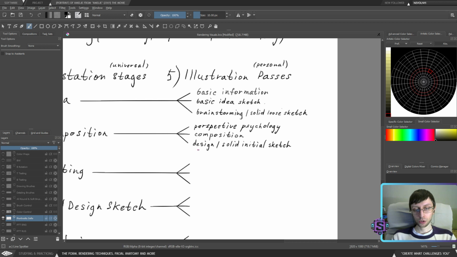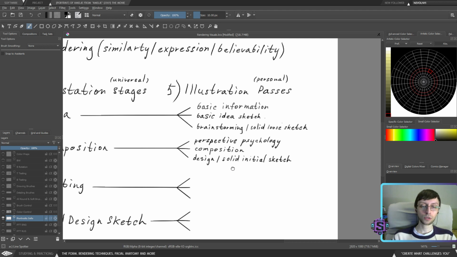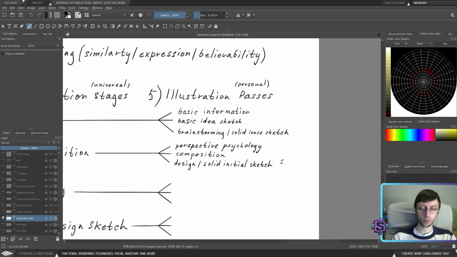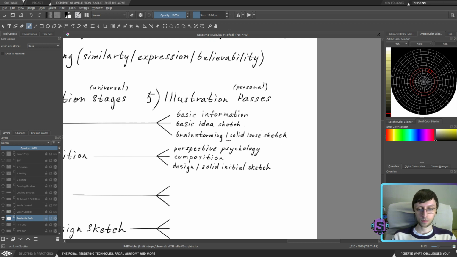Again, you will understand how exactly your initial sketch is going to look based on your actual skills. I will have my own personal understanding where exactly I need to stop working, or what exactly I'm considering as the solid initial sketch. There are personal checkboxes that I need to check before I make sure that I will transition into the next stage. But again, this is exactly what passes mean. They mean where you need to stop before transitioning to the next stage.